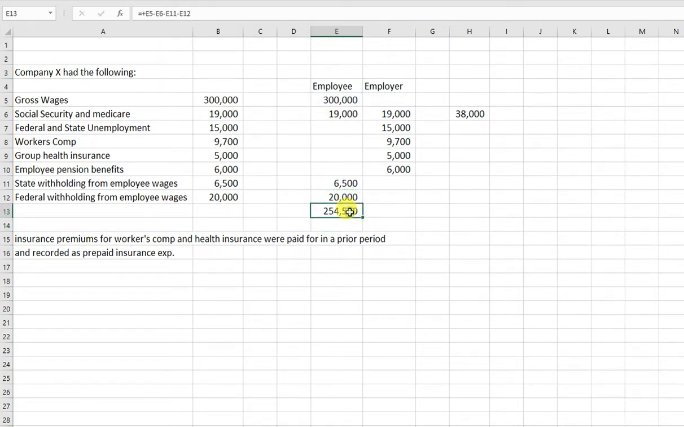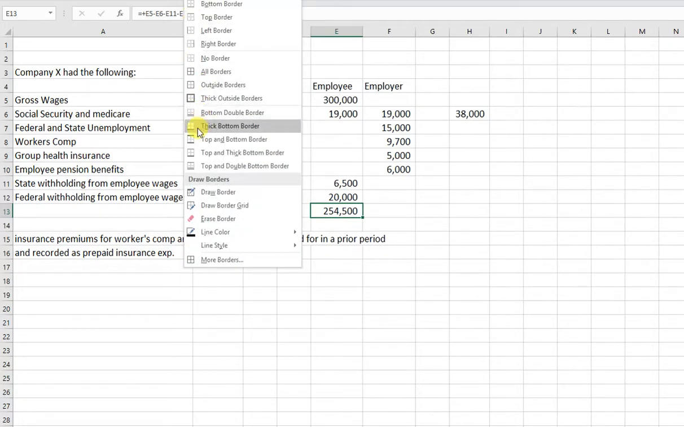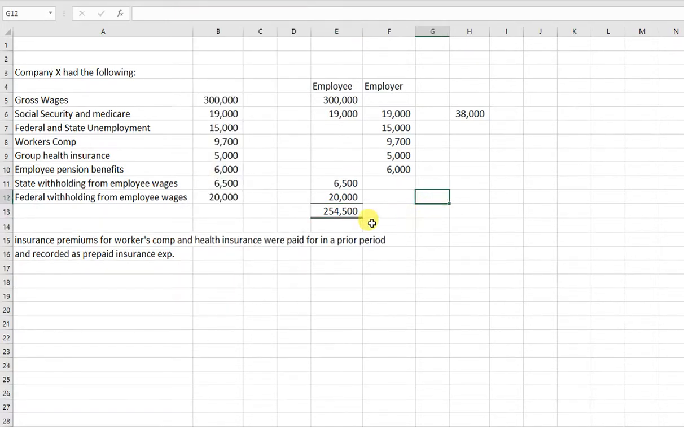And you can see that the net pay here is $254,500. If this was your paycheck and you got paid that much, you would be happy, but let's just say there's 10 people, so you got paid $25,450 for the year. This is what you actually get the check for. Okay, so that's important to